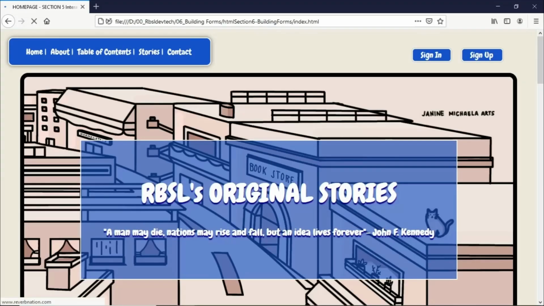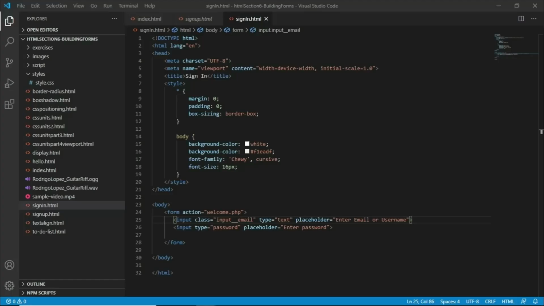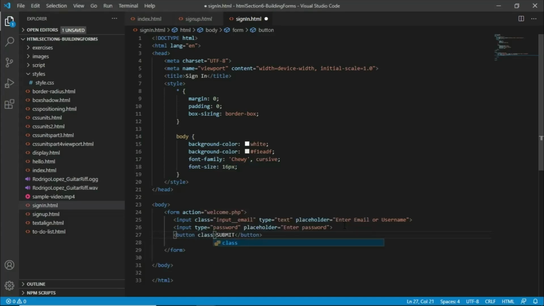Let's refresh and go back to our signin.html here, and now we can see that we have the two input elements, the email and the password. Now let's go back to our code editor here, and let's try to put a button here with the word submit, and let's give it a class name of button